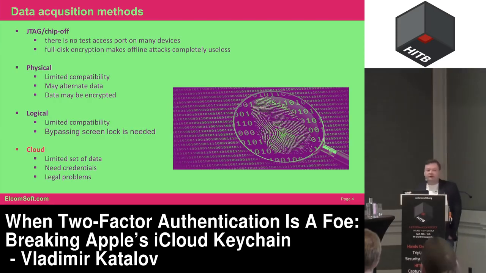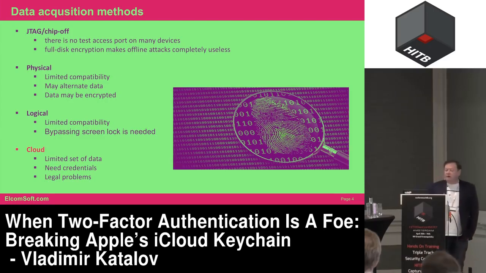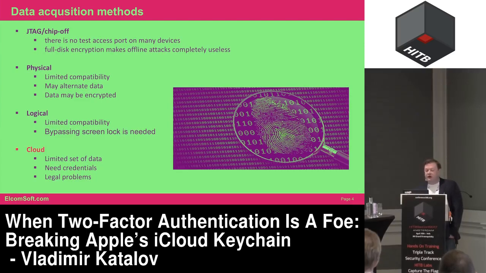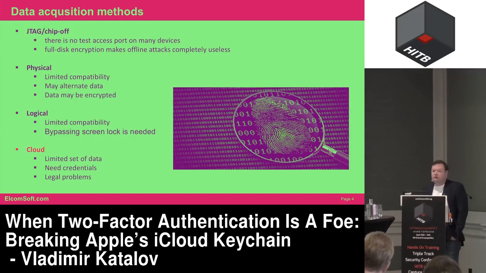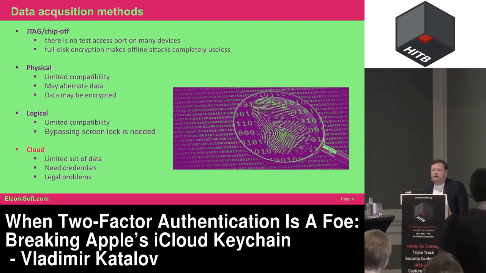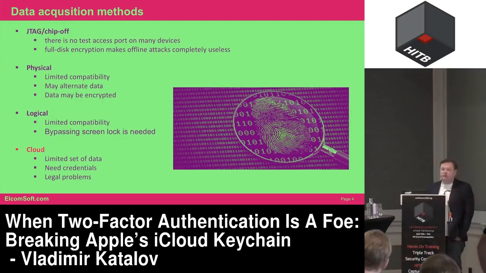There are several methods available, and they're all completely different. Probably the best one, if of course it is compatible, is JTAG or chip-off, when I create a copy of the memory chip of the device, and you have a bit-by-bit image. There are quite a lot of problems there. Most of the devices are not vulnerable to that kind of, well, that's not an attack, that's a method. But I have to connect to the JTAG debug port, which is available on some of the smartphones. Or you can just take the chip off and insert it into the controller and copy the whole memory.